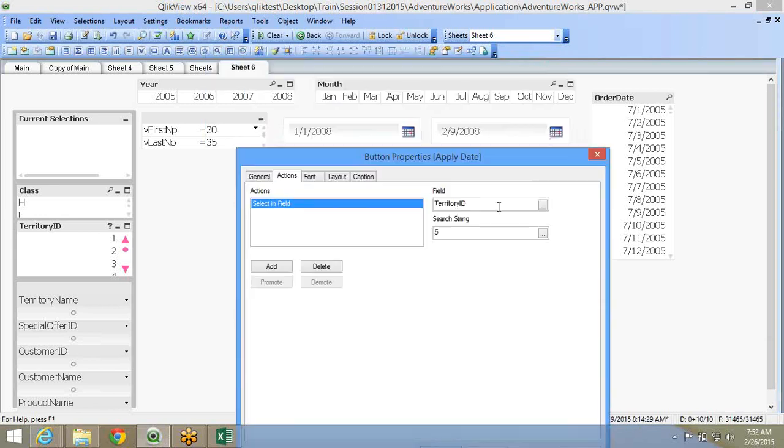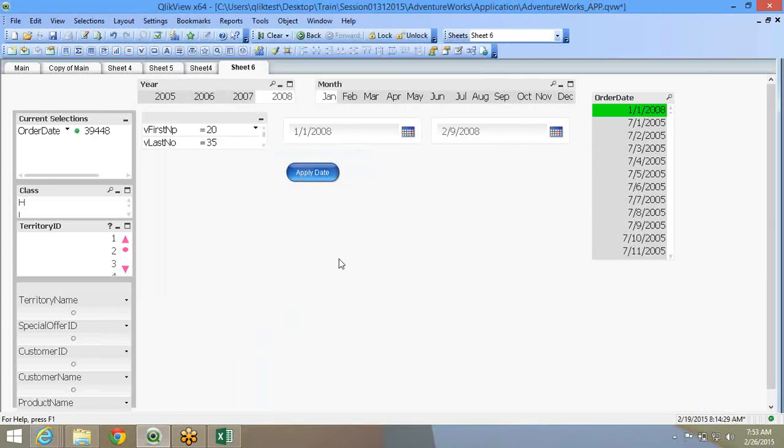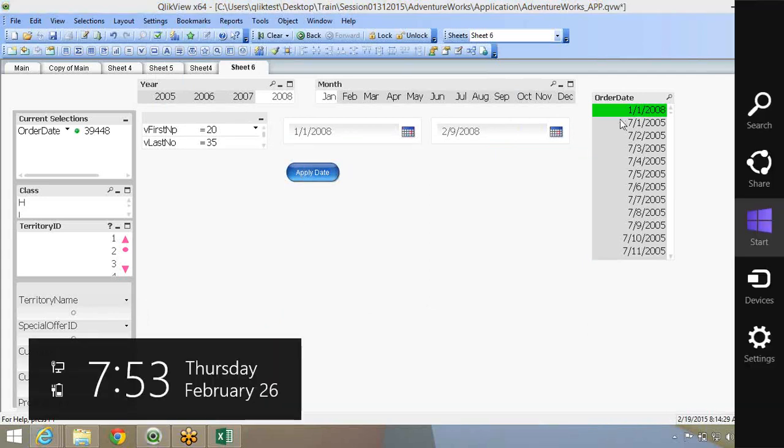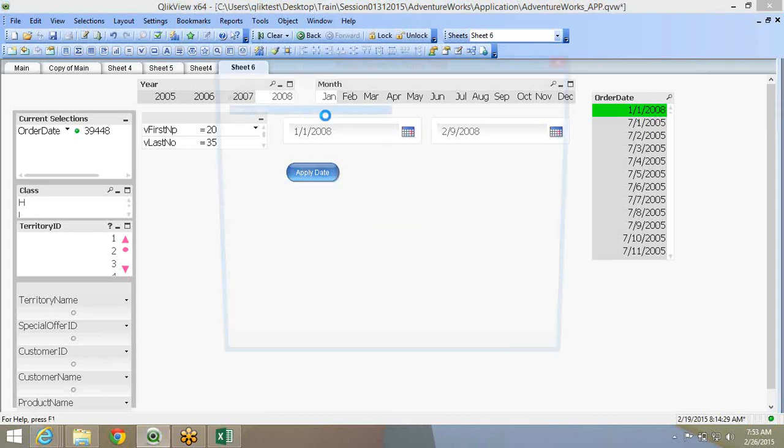Now similarly, you can do a selection for order date too. You don't have to exactly pass the value. You can actually give the variable. So first I'll give one variable, then let's see how it works for two variables. So here I'll give this as dollar. So it is selecting 11-2008, right? It has selected this value. So that's how you can pass various fields.